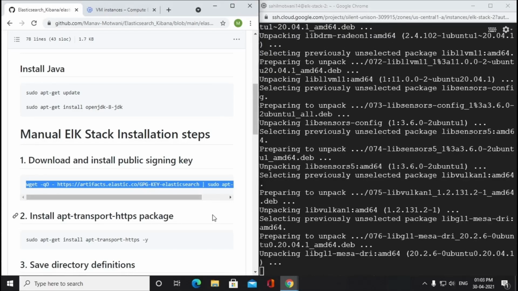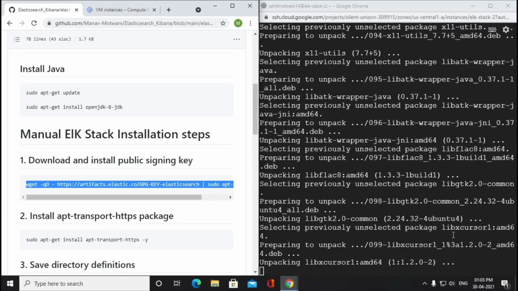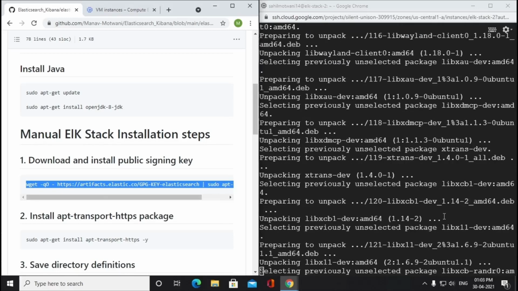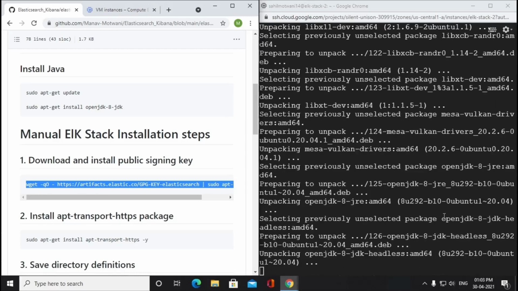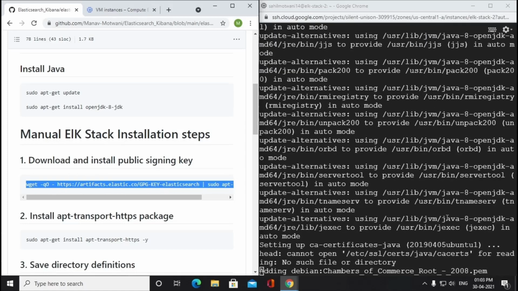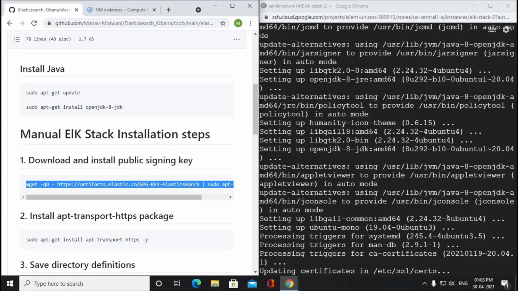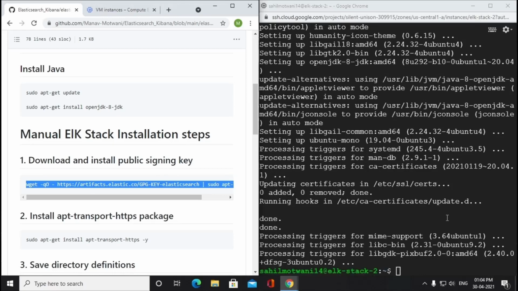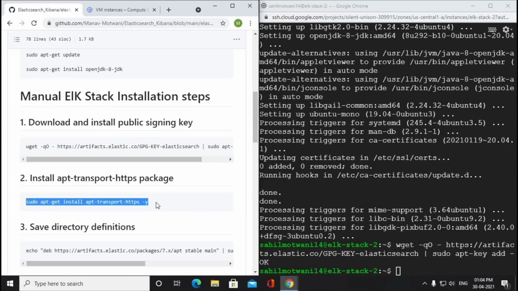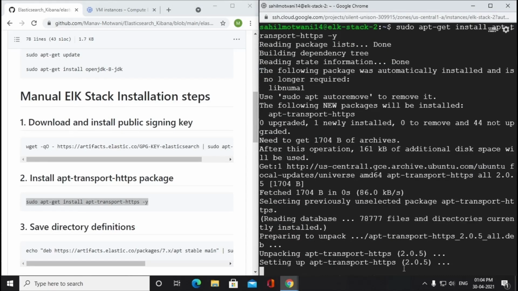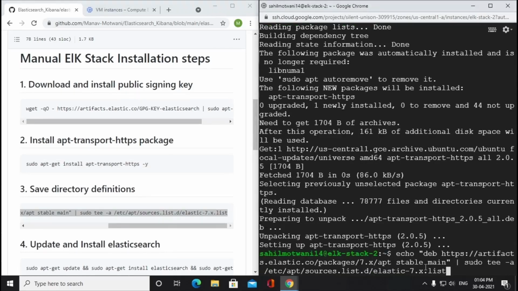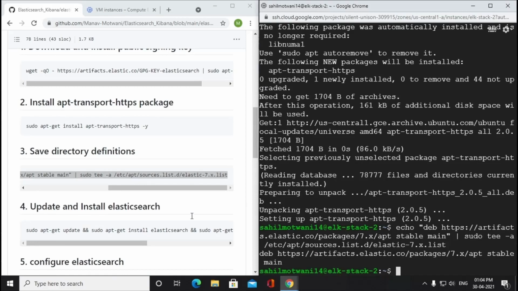Next we need to download and install Elasticsearch public signing key. Now we need to install apt transport https package in order to save Elasticsearch directory definitions in the next step.